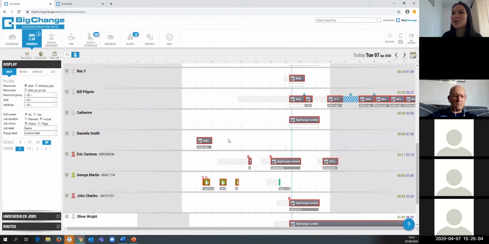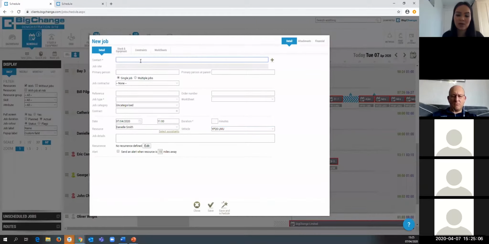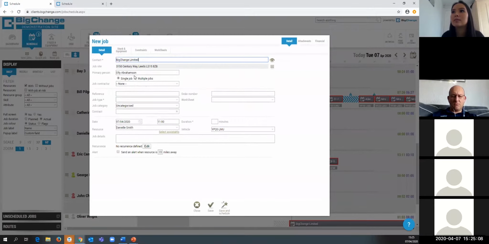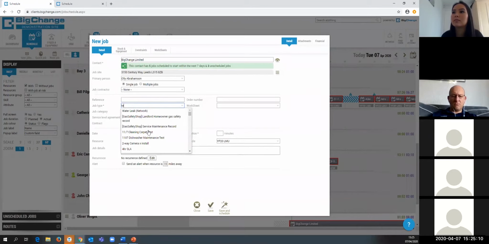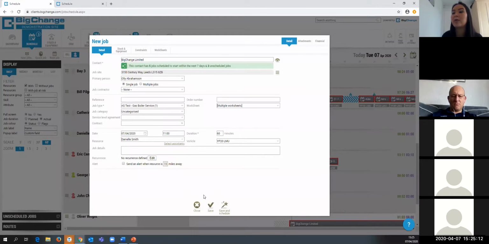Right, if I click into the schedule and just quickly create a job. There we go. And as I double clicked into the schedule, you can see there it's already put in the date and time and the engineer or operative doing the job. So that saved me some time by putting that information in. So if I save that,